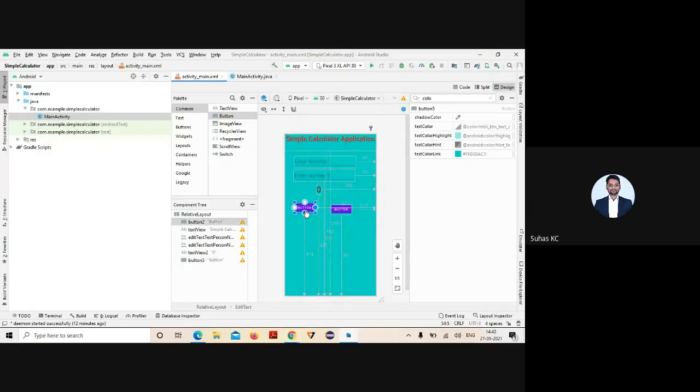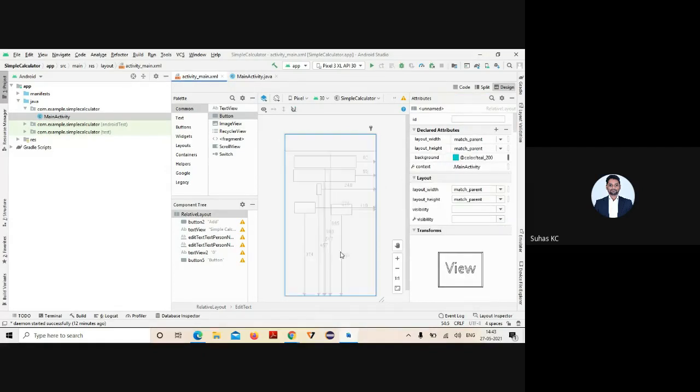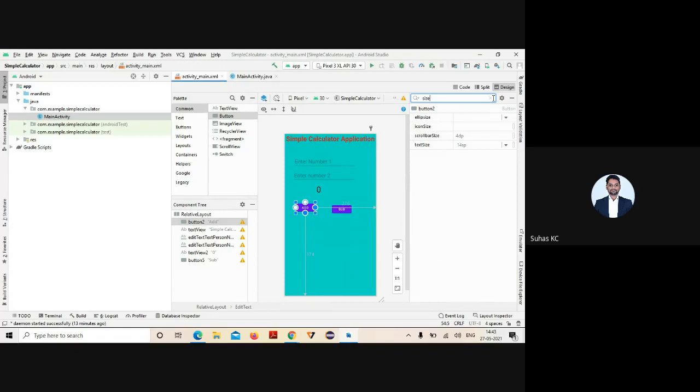And if you want to change the name for this, you can go here. This is used for addition, add, and this is used for subtraction. You can just change the name, whatever you want. And if you want to change the size of this, just go here, select that one and change.